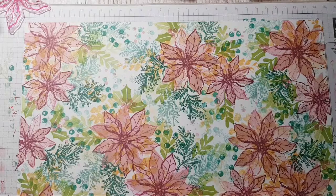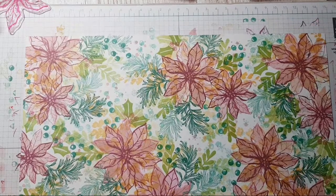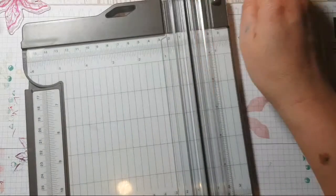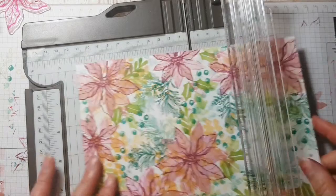Right, I'm going to start cutting this one up. So again, because this is so detailed, we don't only need little bits of it. Please cut it up, says Linda. Yeah, it's because Linda doesn't like... Oh, Linda loves cutting up, actually. No, it's Deborah that doesn't like cutting. The colour combo is so similar to my latest One Sheet Wonder. Awesome. Okay, so the